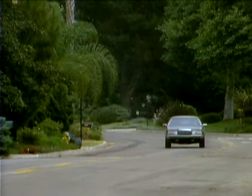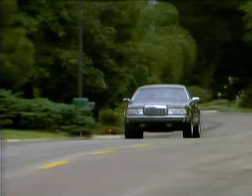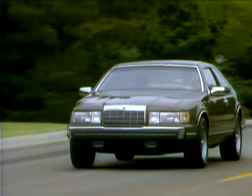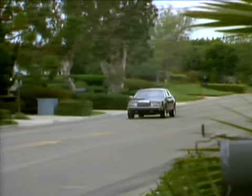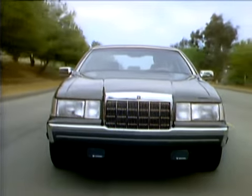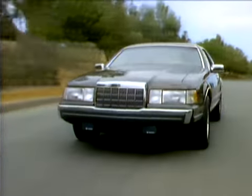For the driving enthusiast who appreciates tight handling, quick acceleration, sure-footed stopping ability, and luxury, there is the 1988 Lincoln Mark VII. Mark VII's state-of-the-art innovations make it one of the most technically sophisticated driving machines in the world. In fact, the Mark VII LSC you see here is so well designed and equipped that there is only a